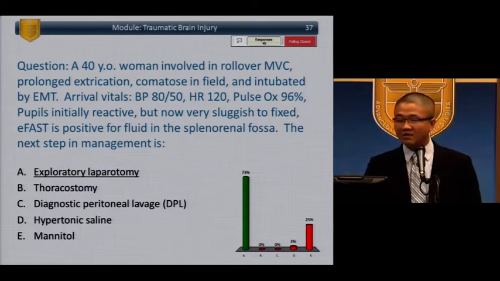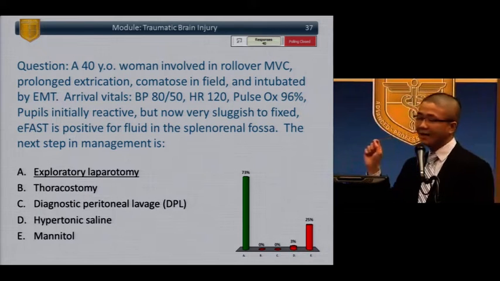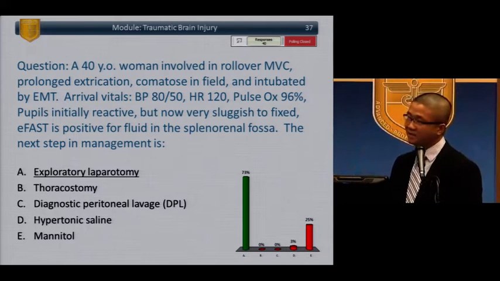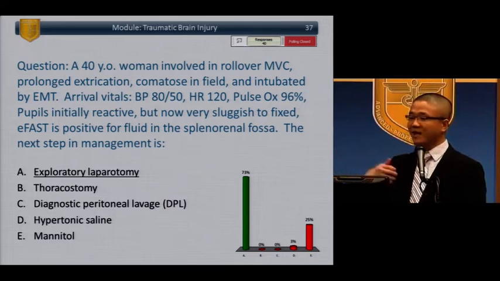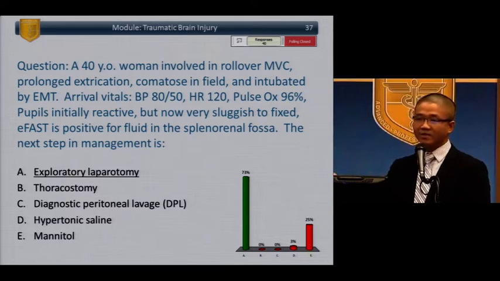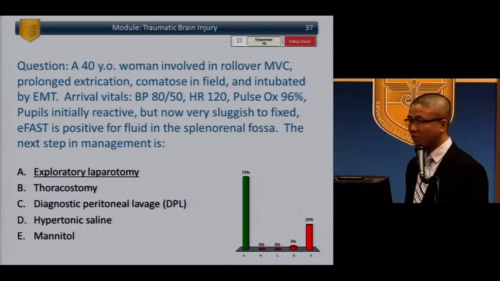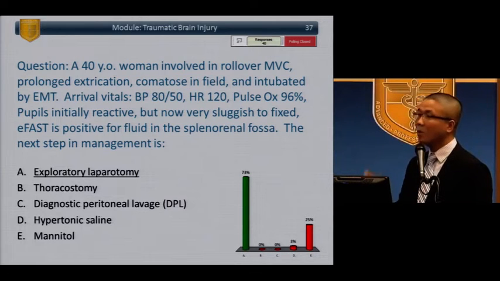On this list of patients, the patient is intubated, but hypotensive with a positive FAST. So you can pretty much ignore the rest. When I scan these questions, I just scan for hypotension and positive FAST, and then look for the answer for exploratory laparotomy. That's always going to be the answer. We don't stop to do anything else. No CAT scans of the head. Now,